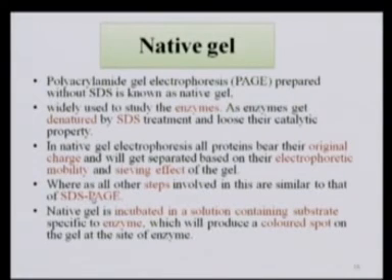The remaining steps are similar to those of PAGE and SDS PAGE. One more important point to remember is that after separating the enzyme by using this PAGE, we soak the gel in a solution consisting of the specific substrate for that specific enzyme. Why? Because the enzyme and substrate will react and we observe a colored spot on the gel, which indicates the presence of the enzyme in that particular region of the gel, which can be further eluted and used for further studies.